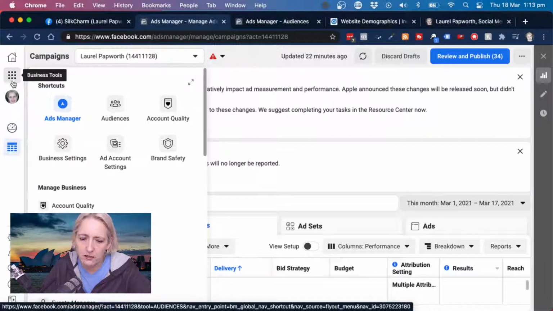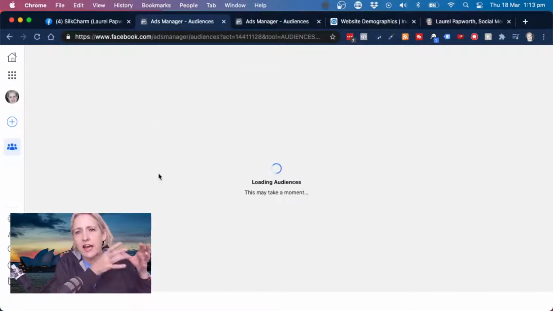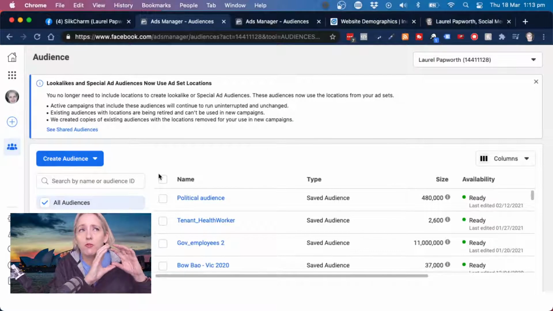Anyway, up in the top left corner is business tools, and instead of choosing Ads Manager, I want you to come across to Audiences. What we're going to do in Audiences is create our audiences so that we have the right audience, and then we're going to give them the right content at the right time. And if you do it this way, it means that you always have front and center which audience is going to get that message,